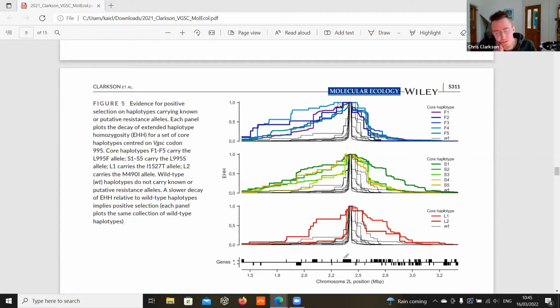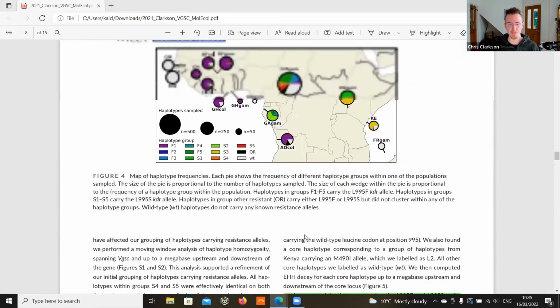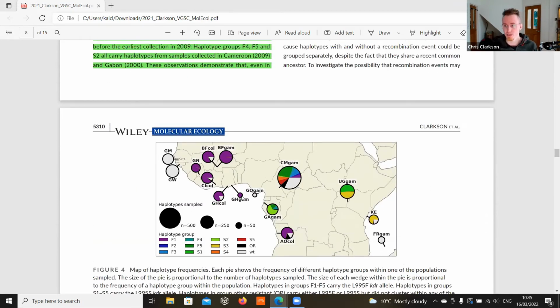The big problem with that, so what you need to do that really, you can look at a map and you can see that you've got haplotypes shared. We can go back to the map and have a look. So if we think about F1, a good question would be, where did F1 come from? Now, if you had a huge amount of sampling over the years, then you might be able to see it move. So, you know, it wouldn't be in this country and then it would appear in this country and then it would appear in the next country and so on. And you could trace it back and kind of work out where it came from. Unfortunately, we don't have that kind of sampling. We are now collecting those kind of data, but particularly for 995F, you know, we've missed that opportunity because it's